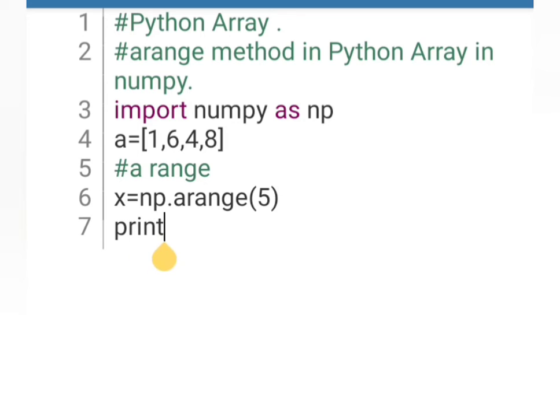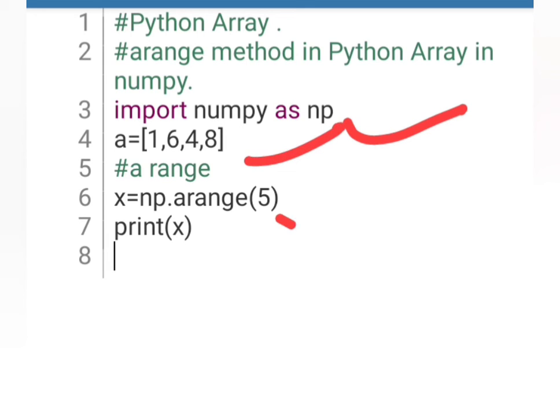Now let's see what we will get. Let's print x right now. Let's see the output. Guys, if you see any error here, please let me know. First, I can check the code to see that everything is right. Yeah, import numpy as np is right, array is right, method is right. Okay, now we are going to run it. Let's see what the output is.